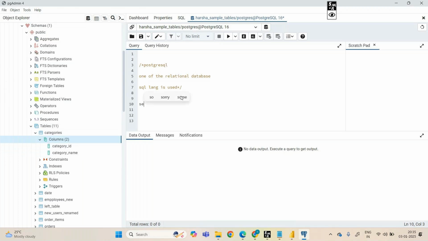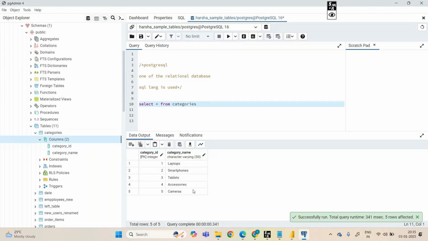If I want to see this, I'll write one particular query to see the entire data from it: 2 columns and 5 rows. Here rows we can see, and a column we can easily identify.